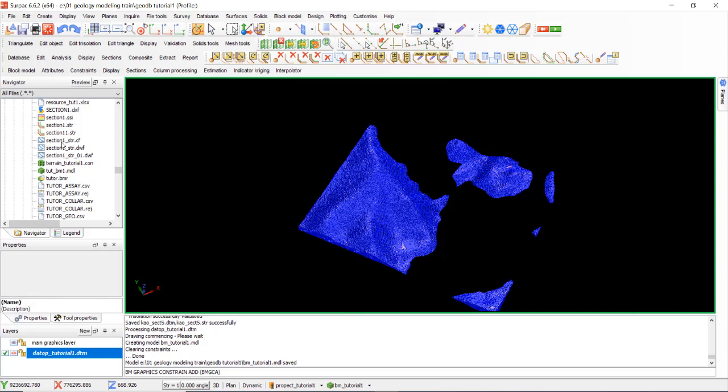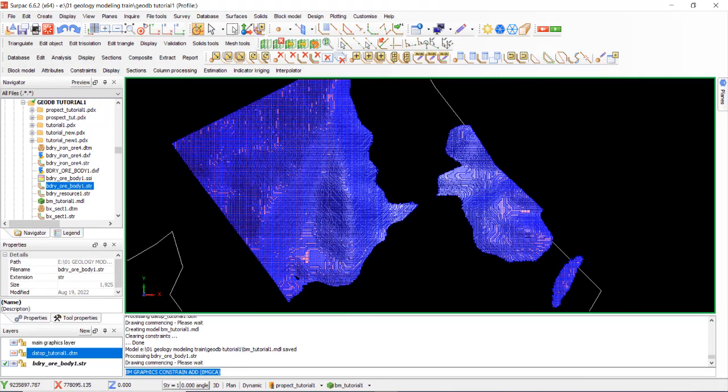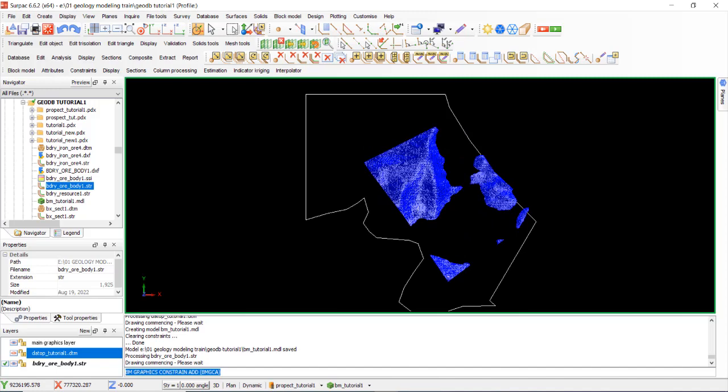We must constrain with the boundary of our body. Okay, still in the area, but this is out of the area. Okay, must be controlled by formation.